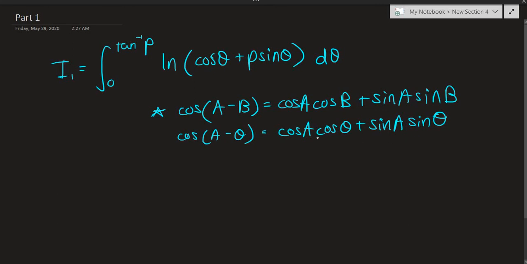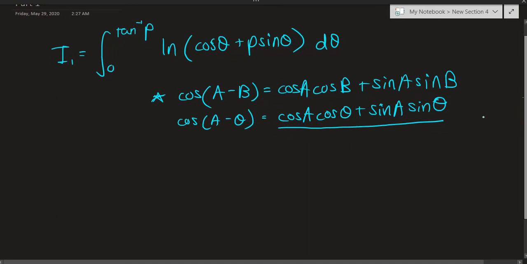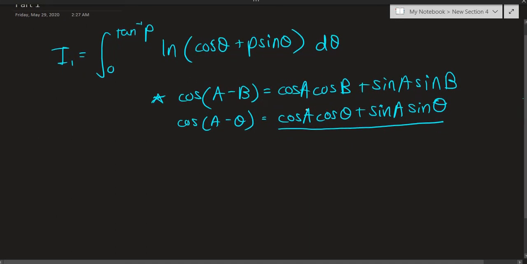So let's compare this with whatever we had inside the natural log. Notice that we have a cosine theta but no cosine of a, we have a sine theta but no sine of a. But can we introduce these trigonometric terms